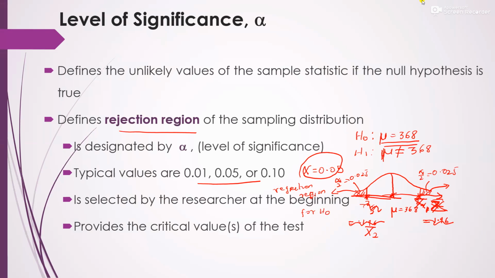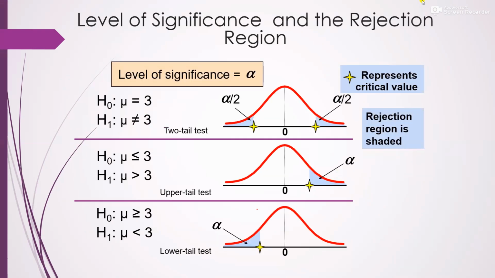So the sample mean values beyond these boundary values are unlikely, right? And so your H naught should not hold, the mu should not be 368. If your mean value is within this range, then this is a non-rejection region. So a sample is possible from the population which has the mean value 368, right? So now we are looking at